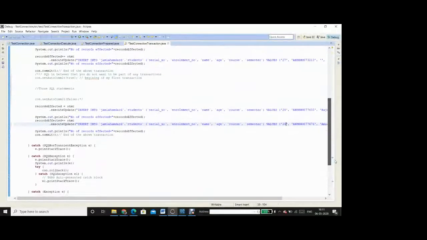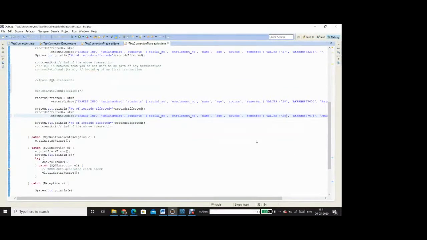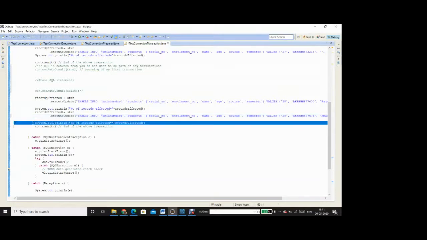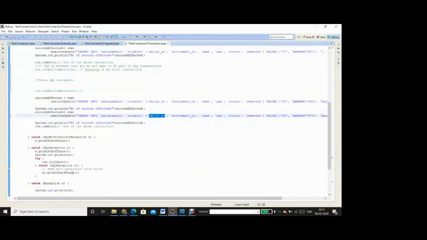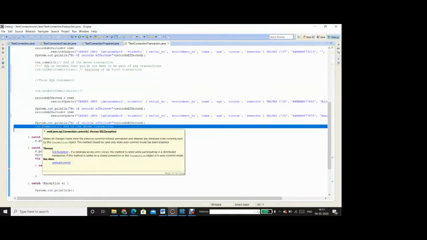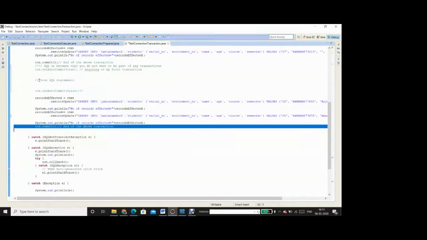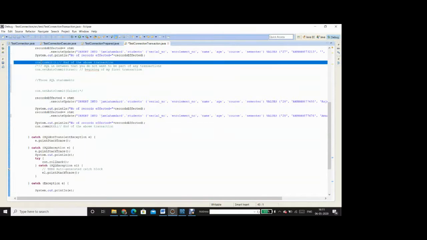So in that case, the control should move from this place, and the system.print and this line should not be printing the updated record affected, and from here it will jump directly to the catch block, and so the con.commit statement will also not be sent to the database. So the first con.commit should be successful.